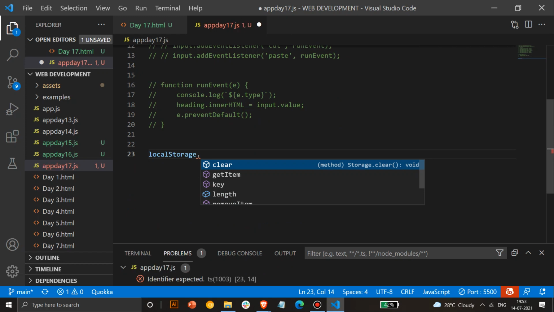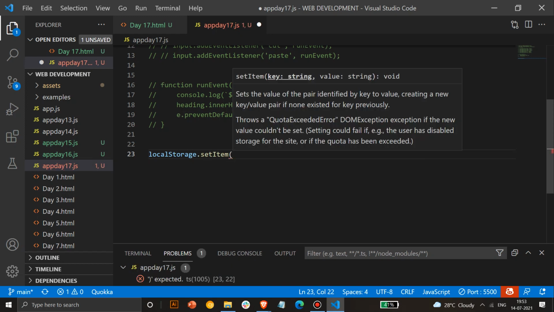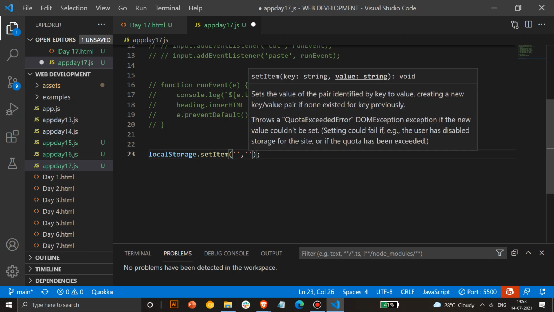If you have to use local storage, it's really easy. You don't have to learn anything. You don't have to memorize anything. You don't have to worry how to use it. You just have to set an item, and you can define whatever you want. Whatever you have to save, you can put in quotes, and you can add those values.